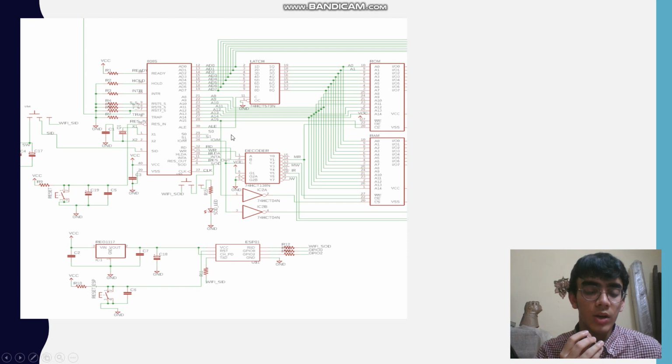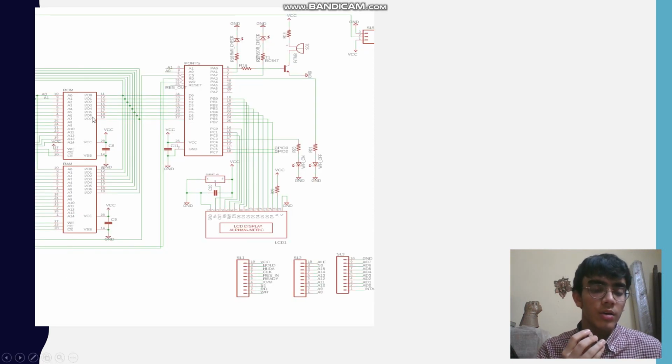There is also this decoding logic that is used with the help of a 3 to 8 decoder that is present here. There are two lines, which is the SID line. This SID line is connected to a switch here, and similarly the SOD line is connected to an LED. These two are majorly used for testing purposes. There is also a crystal that is involved here, and this has a frequency of about 10 megahertz. This was majorly all about the first component, that is the 8085.